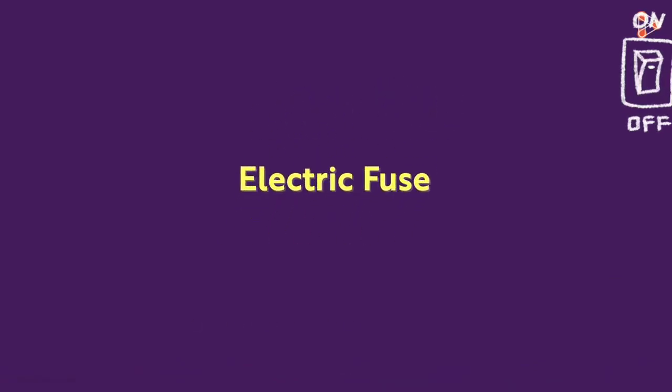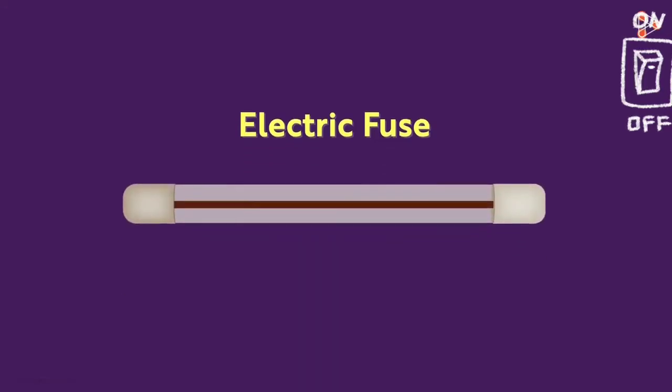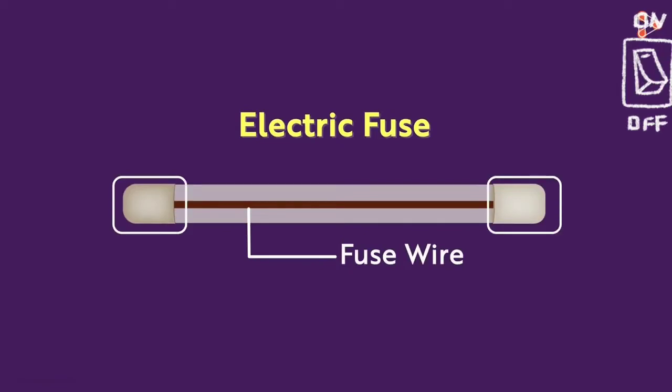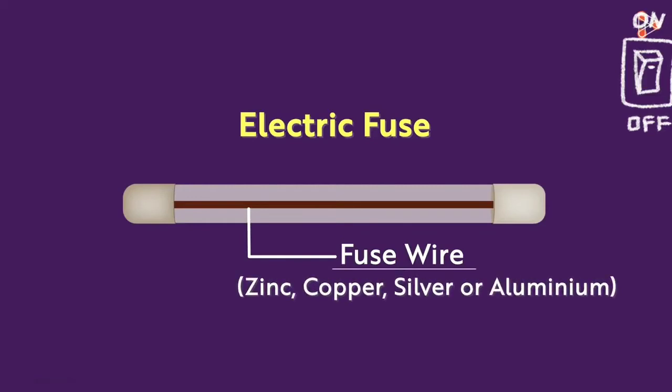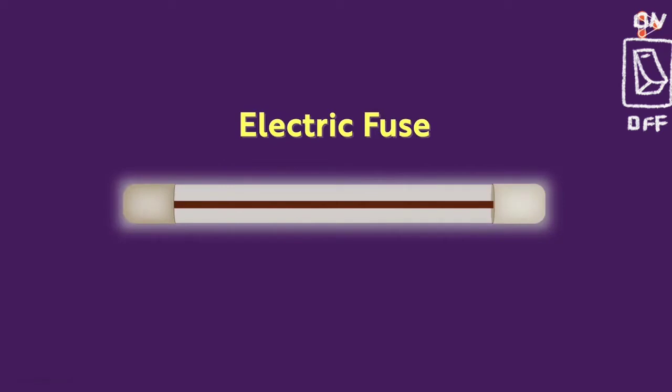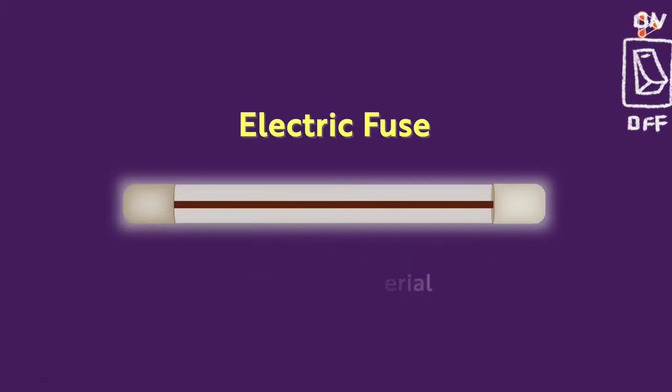So we have to look for a device which can protect our circuit from all such damage, and that device is called electric fuse. Electric fuse is a safety device which is used to protect our circuit from the damage. It consists of fuse wire, which is mainly a tin or lead alloy, right? Electric fuse is basically designed in such a manner that whenever excessive current flows through the circuit, it will break off. But every electric fuse comes with its withstand property.